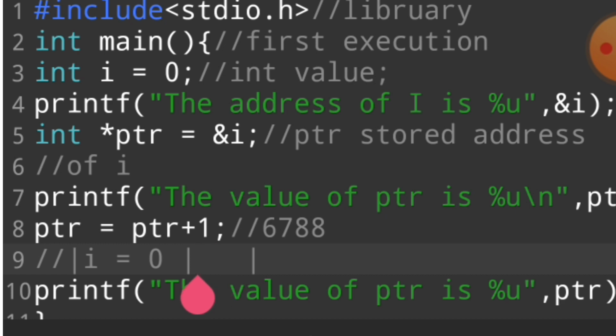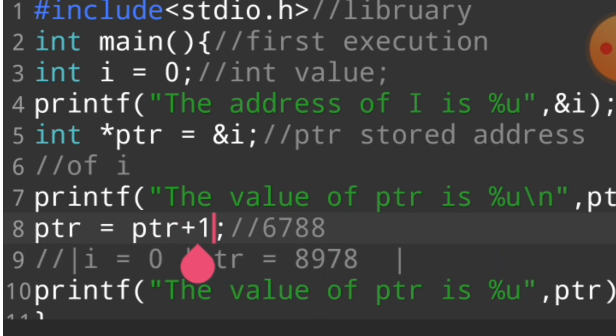If in this block the value of pointer is printed, suppose the address of i is 8978. In this case if I say pointer plus 1, it means our pointer goes to another block of memory.